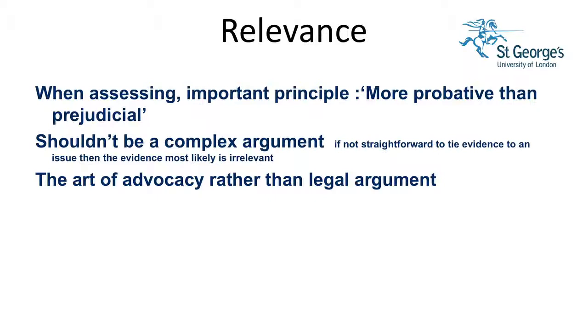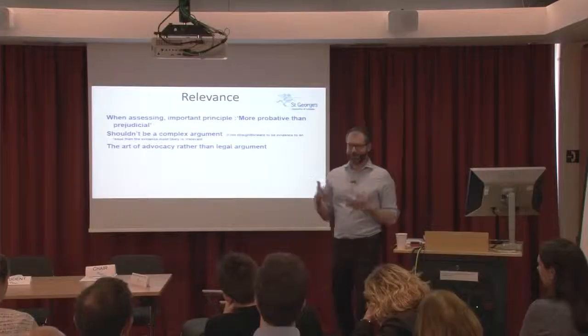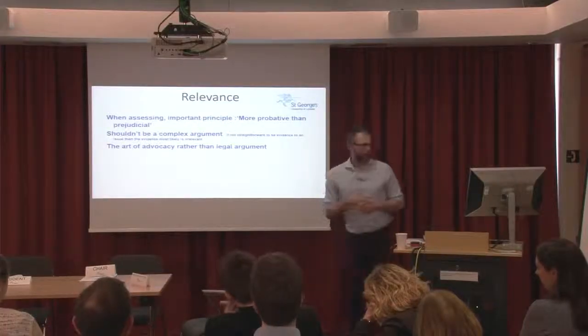So if the case is about theft, okay, and you can show that someone has stolen other things, 7 times, then it is good evidence, yeah, it is relevant. But if they've stolen something, and then this morning they didn't flush the loo, then probably it doesn't put the student in a good light, okay, but it is not really probative, yeah. So irrelevance, there is very often they may have had a conviction for driving or something like that, which will not be probative, it will just be prejudicial. Okay, because the committee will say, oh, that's a really horrible person, okay? They will usually have a slightly different angle to the person. So you don't want that.